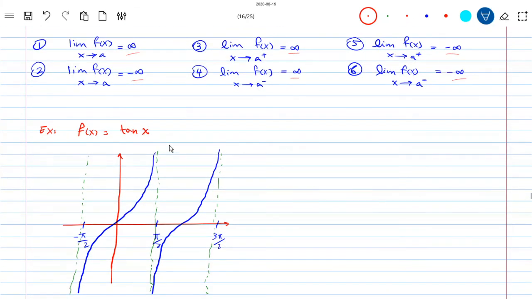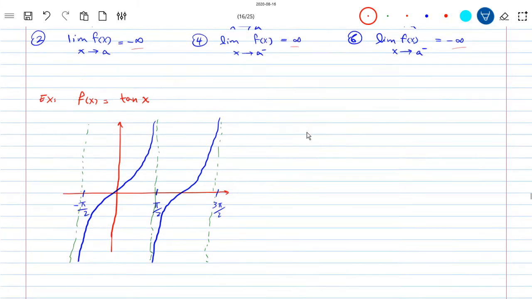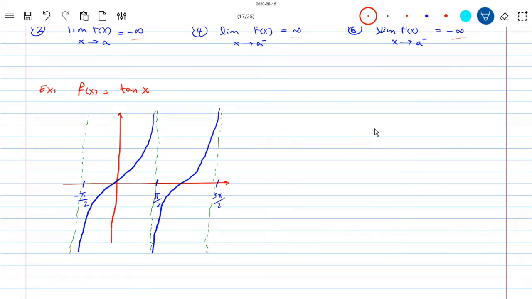Okay, so given f of x equals tangent x, if you know how to graph tangent x, then you can figure out where the vertical asymptotes are. Review the sine, cosine, tangent, and cotangent functions, just to know that there are specific points where they have vertical asymptotes. You can always figure them out by writing them in terms of rational functions. So in this case, this is how the tangent function looks. If you look at pi half, for example, what do you see for the limit around pi half? The limit of the function tangent x